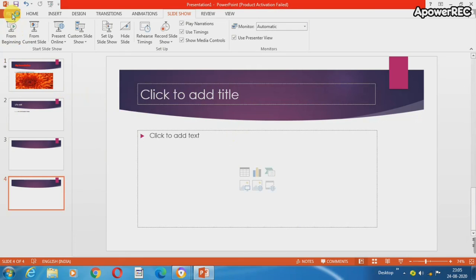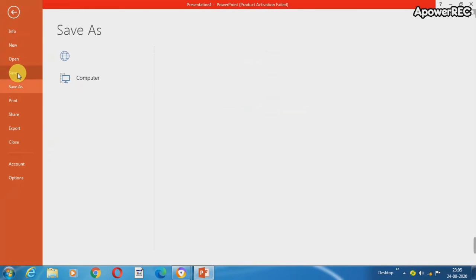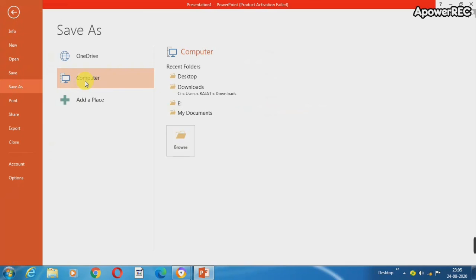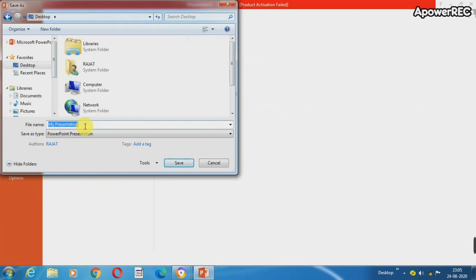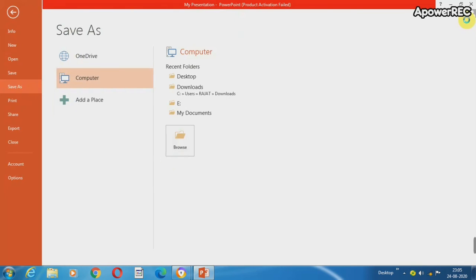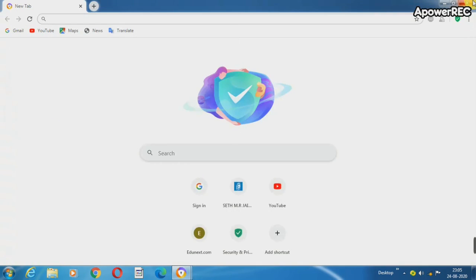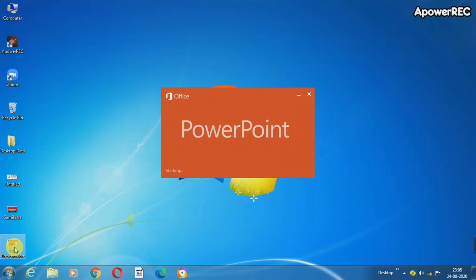Once you have checked your presentation, the last thing you have to do children is go to the file menu. In the file menu, go to the save option. Then click on desktop, then write the name my presentation, or you can change the name also. Now you can save it. After that, if you close your presentation and later want to check it, you can see on the desktop that my presentation is available. Again you can open your presentation and start working on it from the beginning.